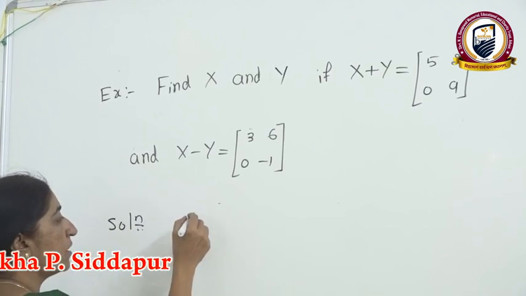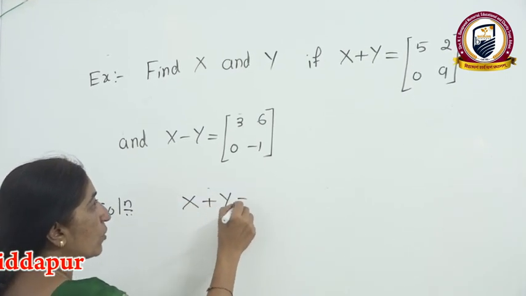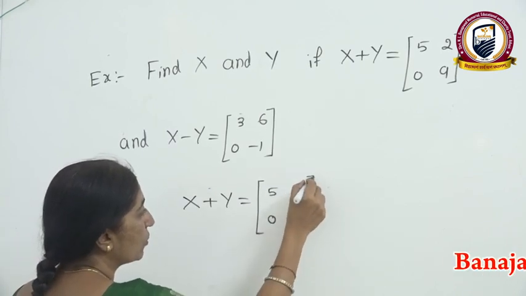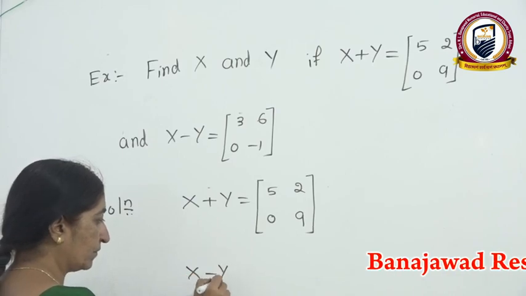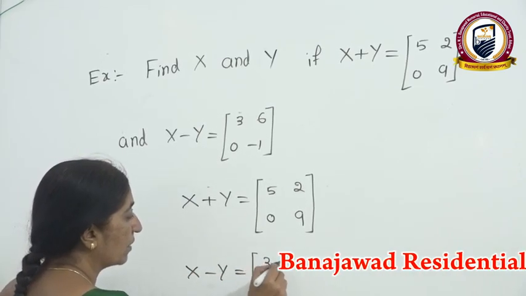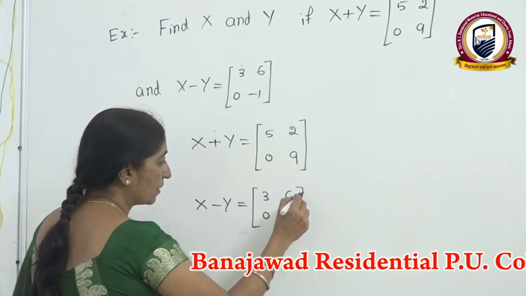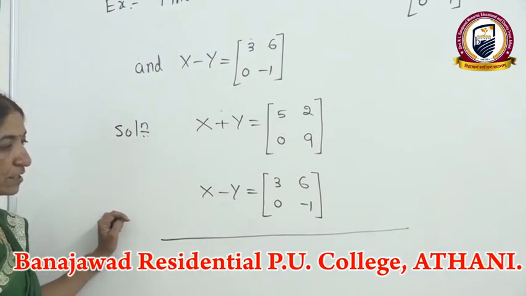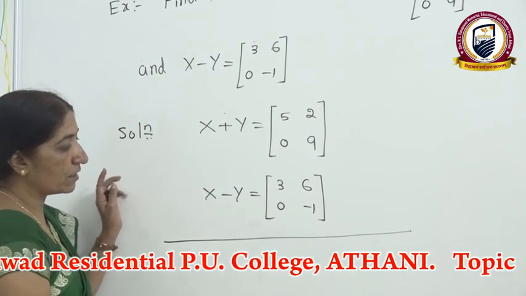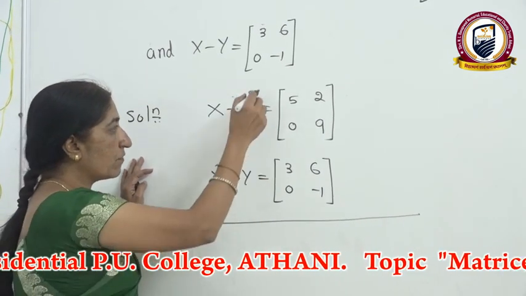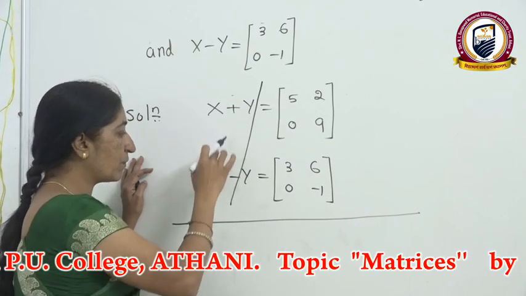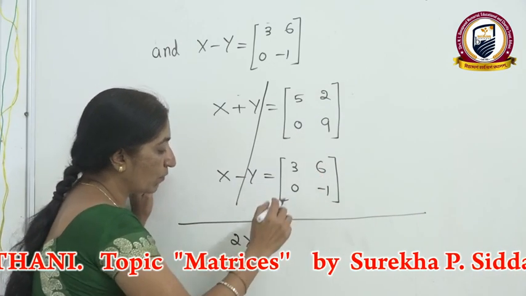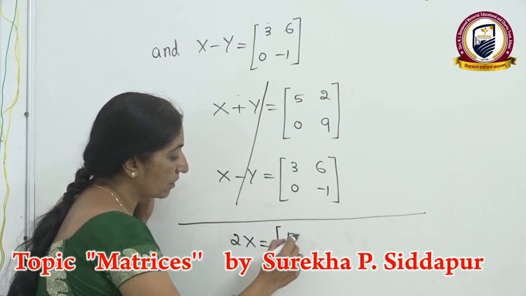So in the solution, write down the 2 equations one below the other. Have you solved that? How are you solving simultaneous equations like that? One below the other. And students are already familiar with this. When they are solving the simultaneous equations, generally they change the sign. But here there is no need to change the sign, because plus y and minus y get cancelled. Add x plus x. What is x plus x? 2x. And here add the corresponding elements of the given matrices.